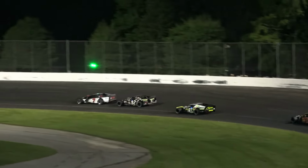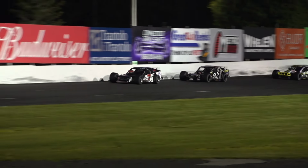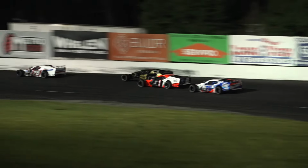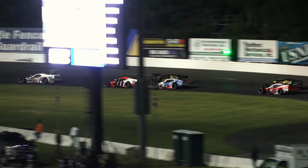What a heartbreaker here. Three-time champion of this division on the pit lane, so the struggles in 2025 continue for car number 81, Todd Owen, as the leaders come off of turn number 4 to be lap 29 in the books. This one clicking off at a pretty good clip, and right now it's Jonathan Pulio at the point over